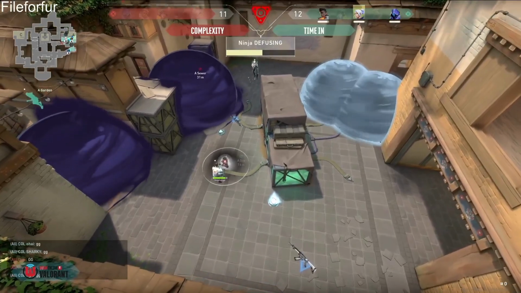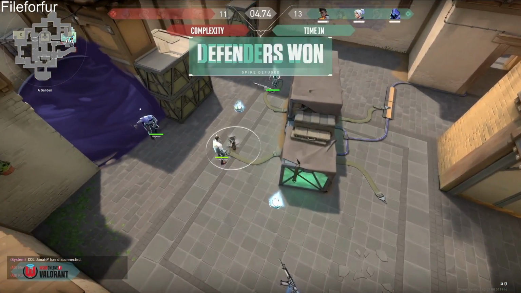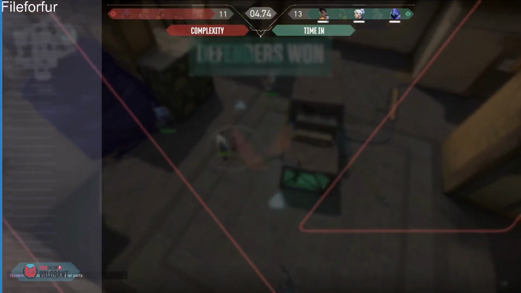In the end, it is Kurt who goes huge. You got to be kidding me. Just like that, Time In is going to upset Complexity. 13 to